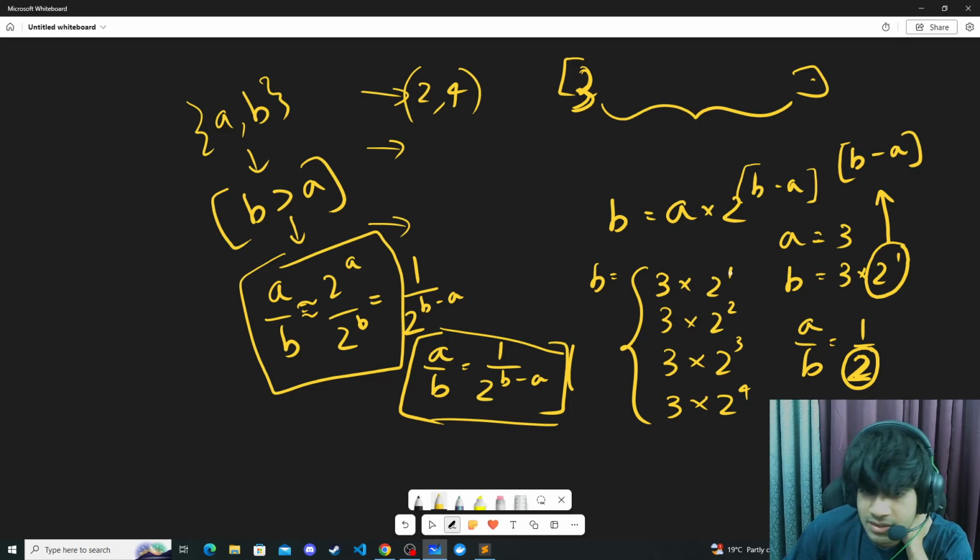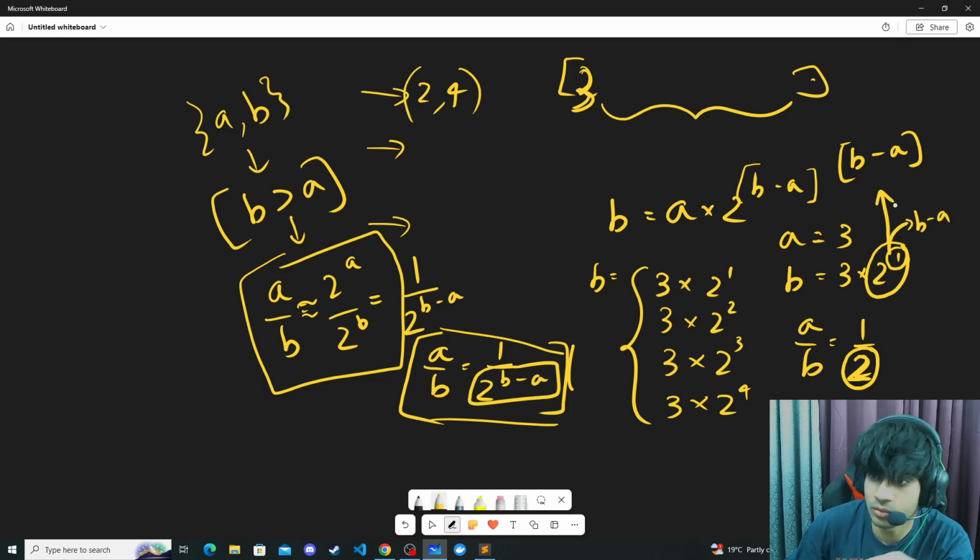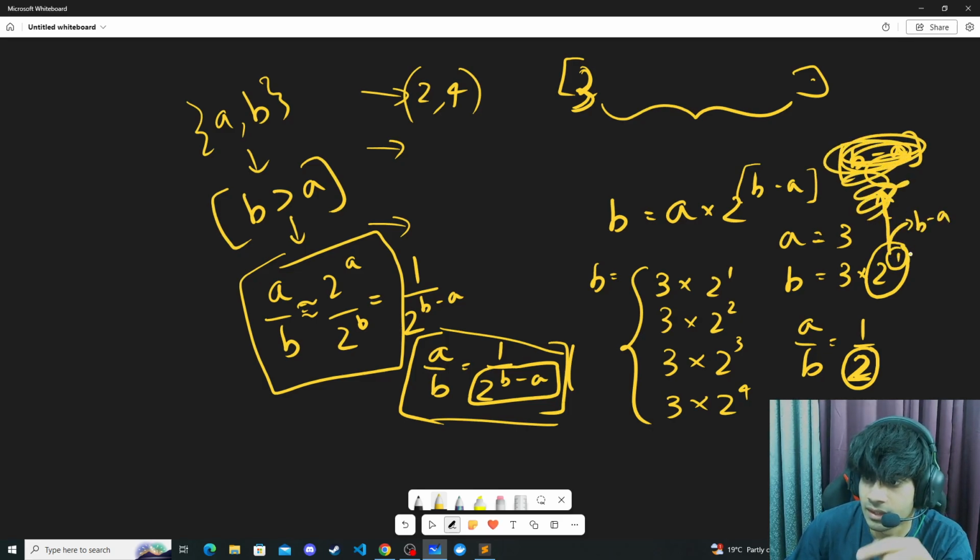Just look at this once, because if you select a as 3 and b as 3 into 2 raised to 1, then a by b is going to give you this thing, this thing will be left out, 2 raised to 1, and this 2 raised to 1 should actually be equal to this part, 2 raised to b minus a. So the power here should be equal to b minus a, not that whole thing. Forget it. This difference, that 2 raised to 1, should be equal to b minus a,